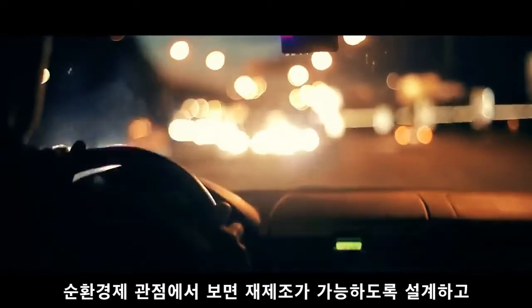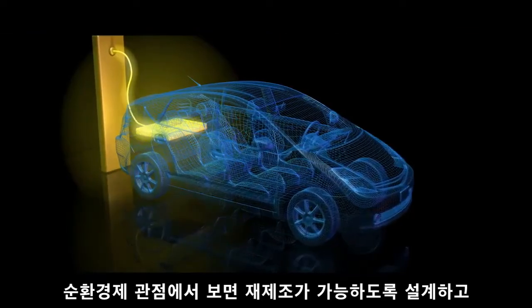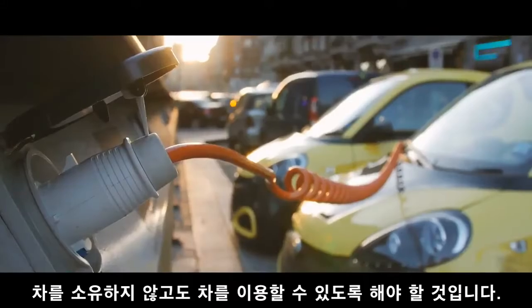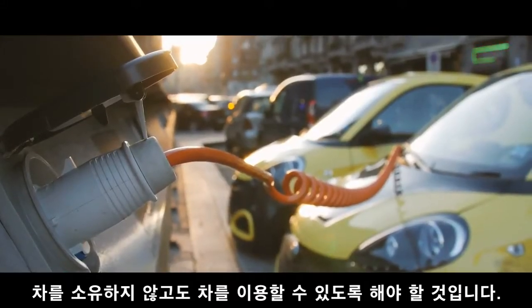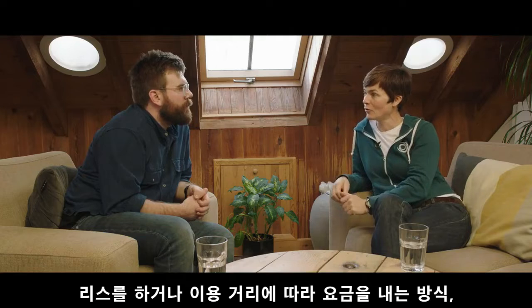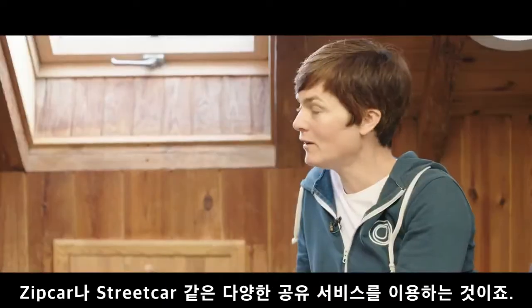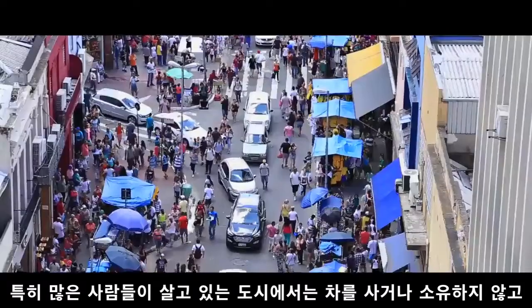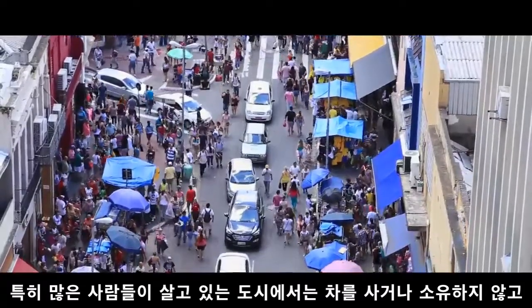So within a circular economy, of course, you would design the car so you can remanufacture it, so you can disassemble it, so you could recover the materials. But we probably wouldn't own it. We'd probably have access to it somehow, either leasing it, or you would pay per mile, or like Zipcar or Streetcar. There are so many examples now, particularly in cities where more and more people are living, whereby you have